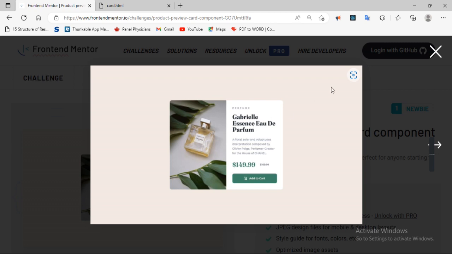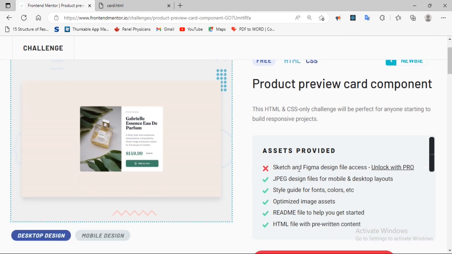All right, so let's see what this task has for us. Okay, so close this box. All right, so the beautiful thing about this particular